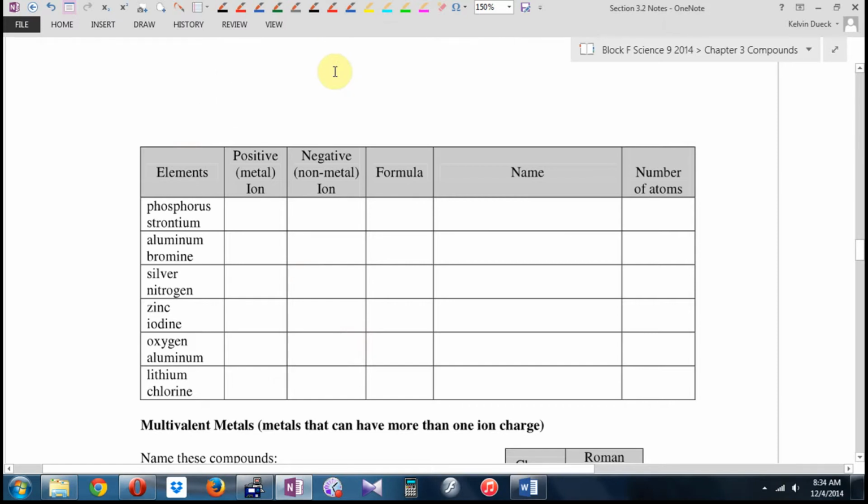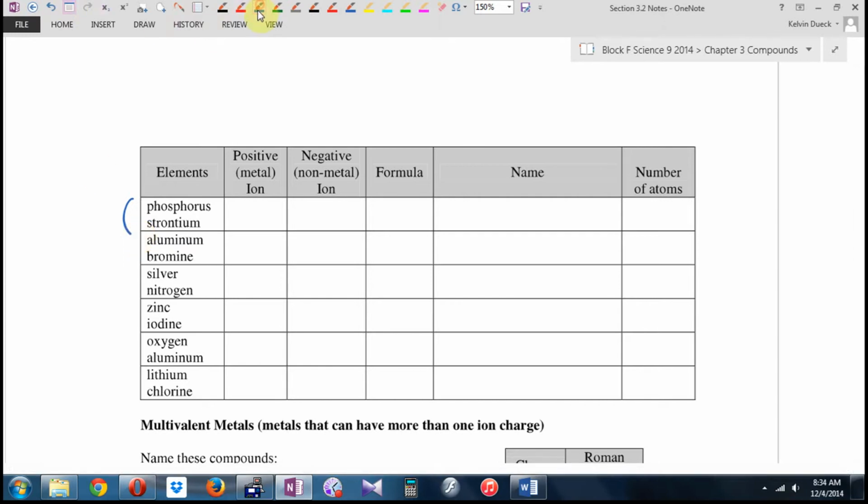Ready? This was part of your homework, and if you didn't do it, we're going to do it together really, really quick, but I'm going to take some shortcuts. I'm not going to do every single step for all of these. So if we were combining phosphorus and strontium, which one goes first, metal or non-metal in an ionic? Metal. So the positive metal is